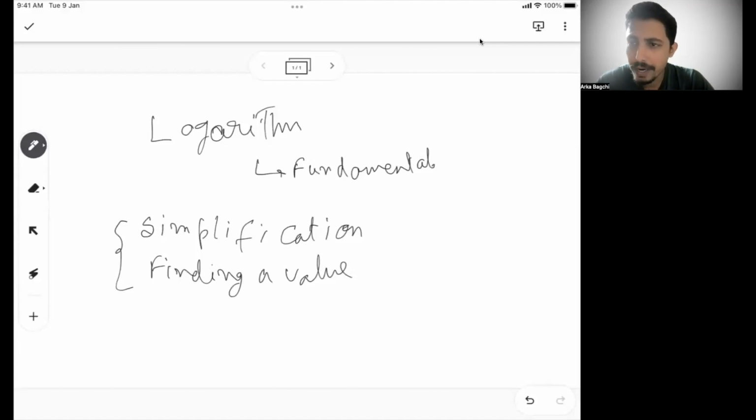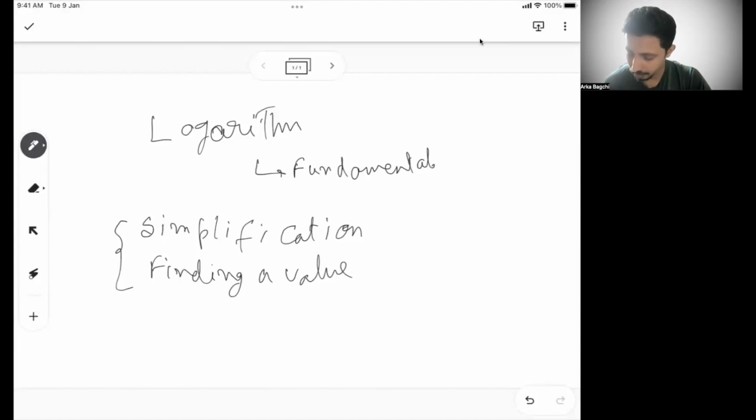Today's session will be on fundamentals. We may not be going in depth in terms of the problems, but we will first understand what is logarithm, how to apply it, and what are the properties. You may or may not have done logarithm earlier, but whatever be the case, this is a very good starting point. Even if you have not done this earlier, we will start from the absolute basics, and from there we will see what are the different things that you need to know before solving a logarithm problem.